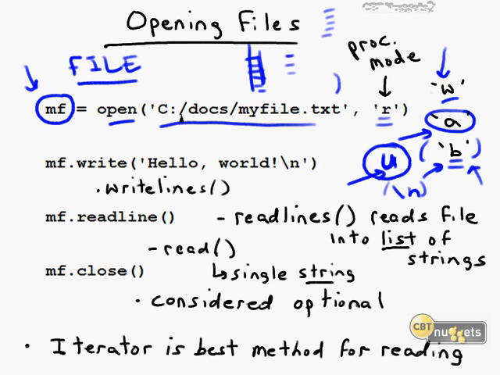So what can you do once you've used the open function to create a file object? Well, you can do reading and writing. It's as simple as that. You'll note that we have two choices for adding new data to a file: write or writelines.